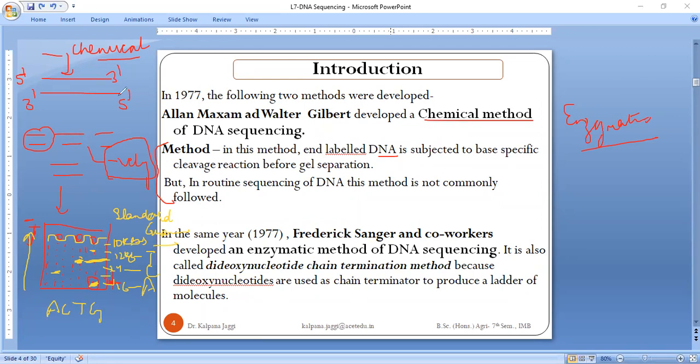So this is the way DNA is exposed to chemical treatment, and after the chemical treatment, when we have different fragments of the DNA, all these fragments are loaded onto the gel, and under the effect of the electric field, they start migrating towards the opposite pole. The principle on the basis of which DNA is migrating is that it is negatively charged, so it will move towards the positive electrode, and on the basis of their size, they will get separated from each other.